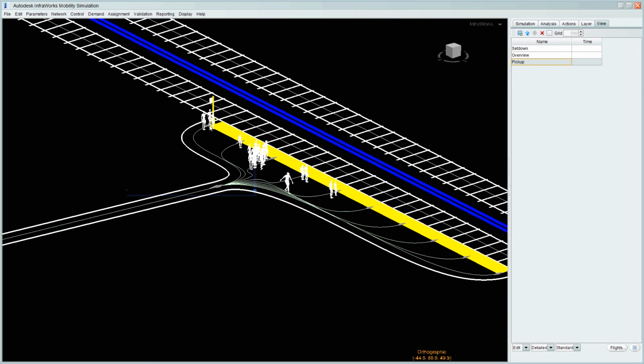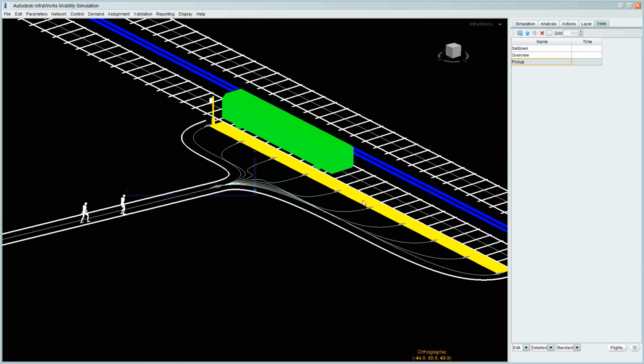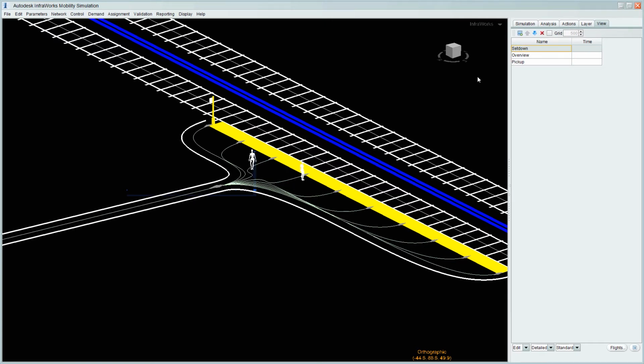So even though we've got 10 doors specified here, there was only 4 specified in the transport itself.